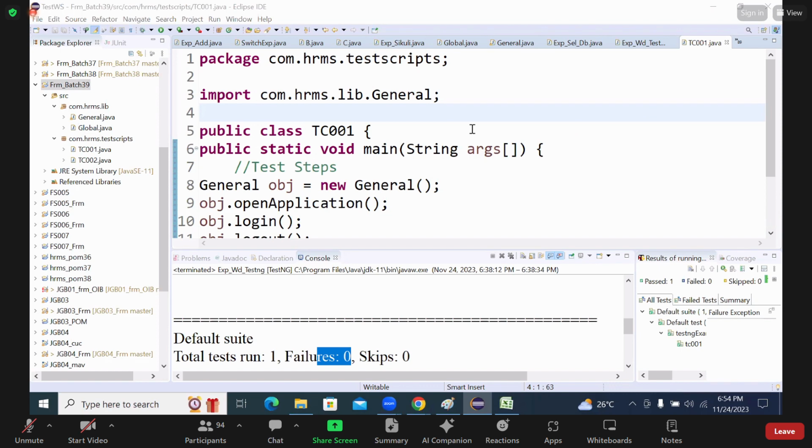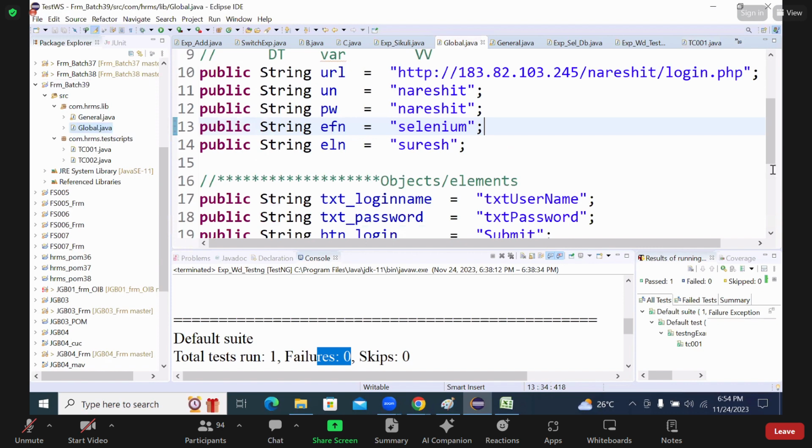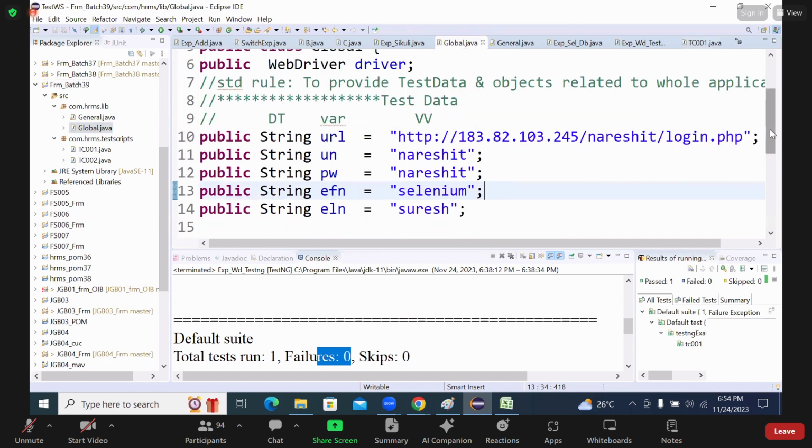Whatever you record, you can take that, sir. That is the best option. Okay, general. Why general? All reusable functions. Okay. See the understanding. First, we'll go with global. What do we maintain here? Test data and objects. According to our understanding, annotations can be applied for